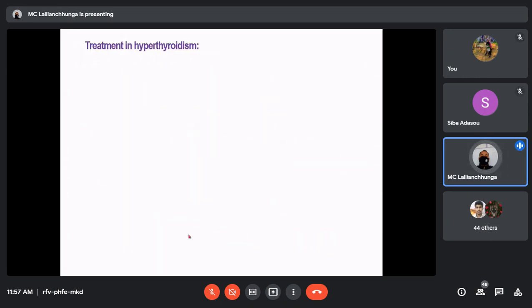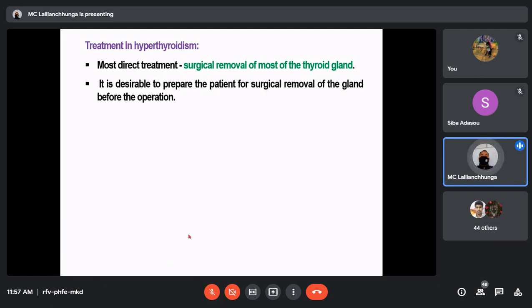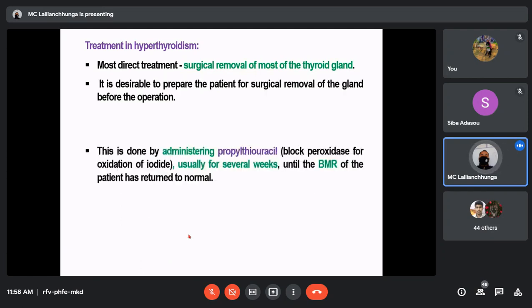What about treatment in hyperthyroidism? The most direct treatment is surgical removal of most of the thyroid gland. We know that usually in severe cases, surgery is necessary. We have to remove the thyroid gland. It is desirable to prepare the patient for surgical removal of the gland before operation. Actually, these are all